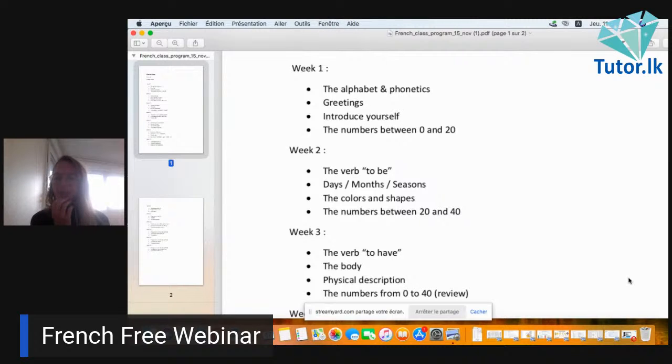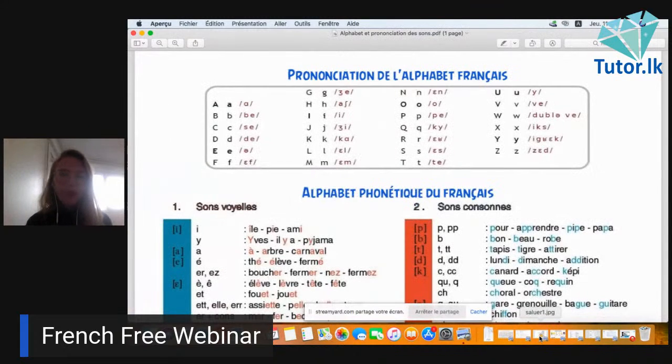Okay, so now I'm going to introduce you to the French language. So first, how to use the alphabet, which is here. So as I said, we have the same letters as in English, but the pronunciation is different. I can quickly introduce you how to pronounce every letter. So on the document, you have the phonetics, which might help you.